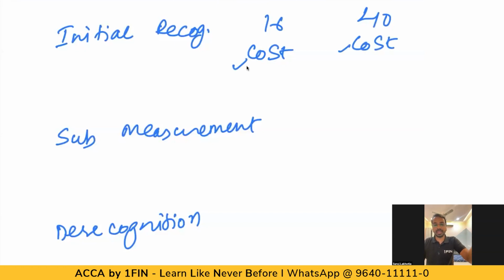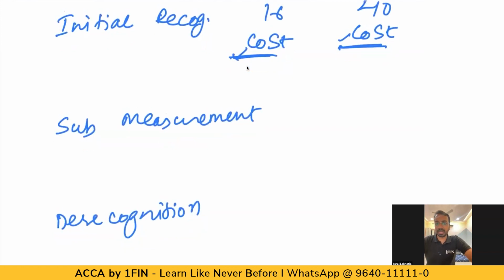So let us say I paid 10 lakhs to buy a car. I will say car account debit 10 lakhs, to bank 10 lakhs. I paid something as registration charges. I will add that to the cost of the asset. All the costs incurred will be used to initially recognize. Initially recognize means first time when you are passing the entry to recognize the asset in the balance sheet. In that case, you will use the cost model or the cost amount. Okay, then subsequent measurement means after you have initially recognized, how will you subsequently measure the asset? For that, under IAS 16, you have cost model and revaluation model.